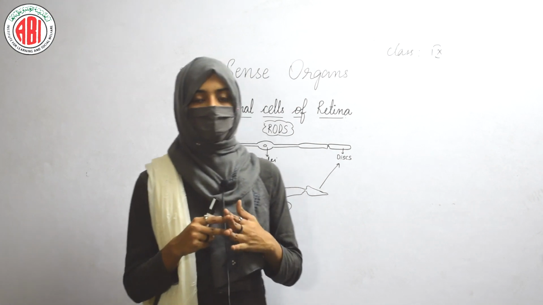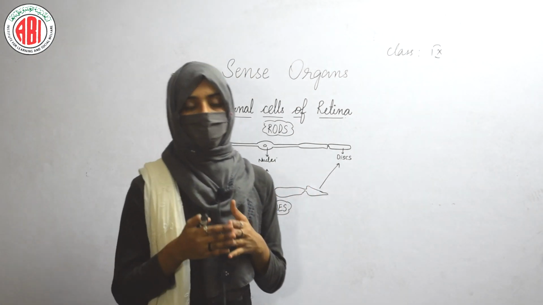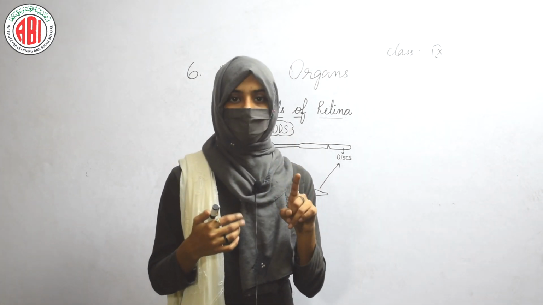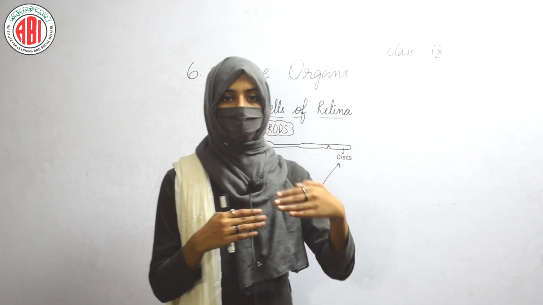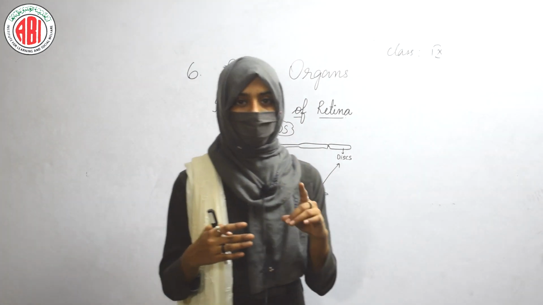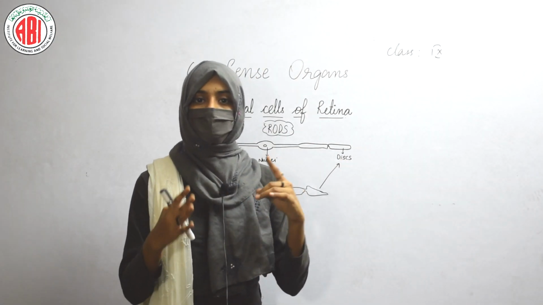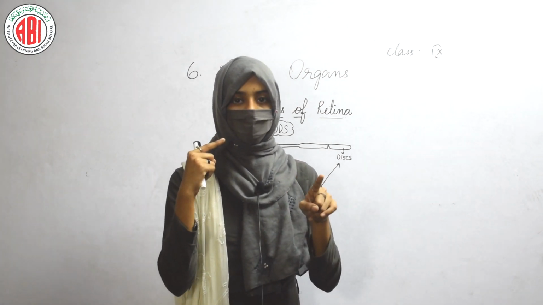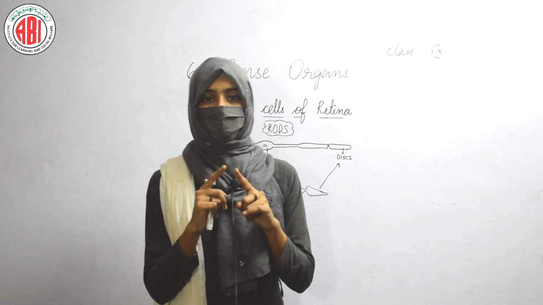If we combine the view of both our eyes, then we have stereoscopic vision because we have two eyes. When we look at an object by closing one of our eyes, and see the distance or position of that object with the help of our finger, then we can clearly see that the views of both eyes are different. When we close one eye and see the object using our finger, and at the same time close the other eye and open that one, then we think that the finger has shifted.